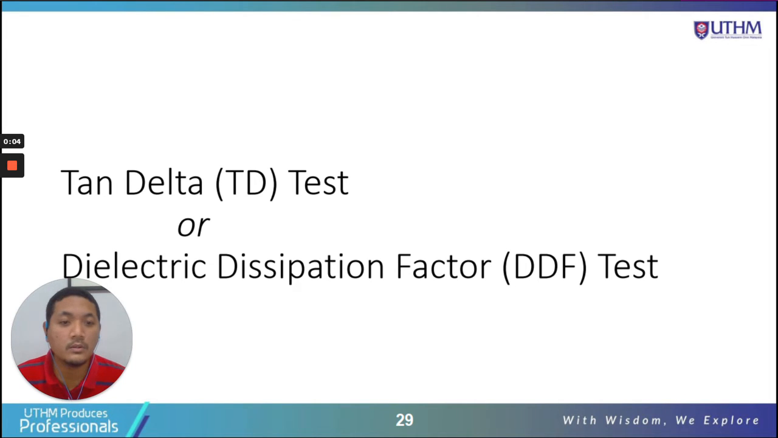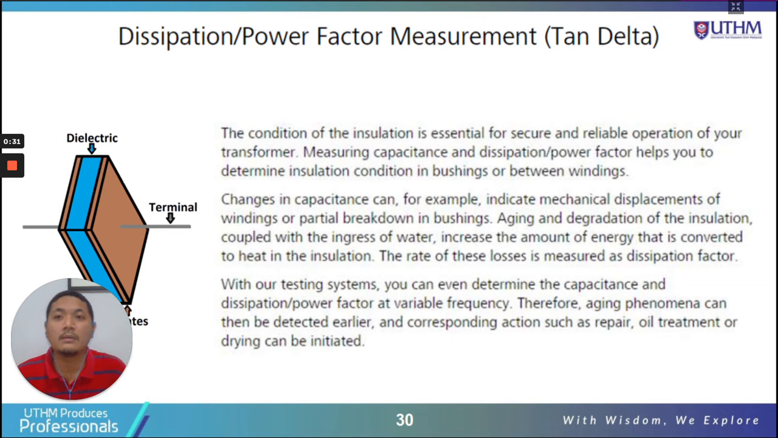Okay, so in this video we will look at the tan delta test, or the electric dissipation factor test. This test is usually called the tan delta test, or TD test, a very common electrical test performed on the insulation of high voltage equipment. The tan delta or dissipation test is basically to check the condition of the insulation material,